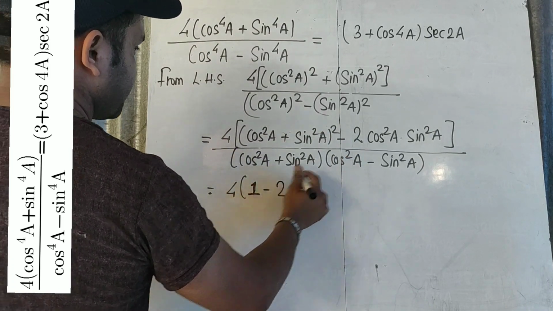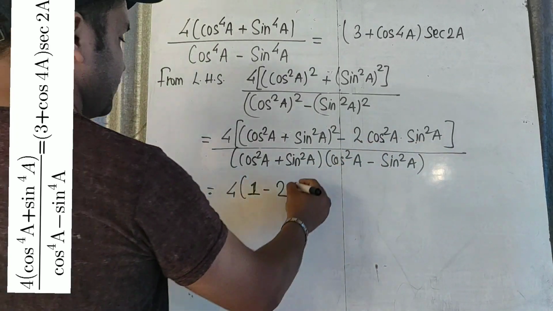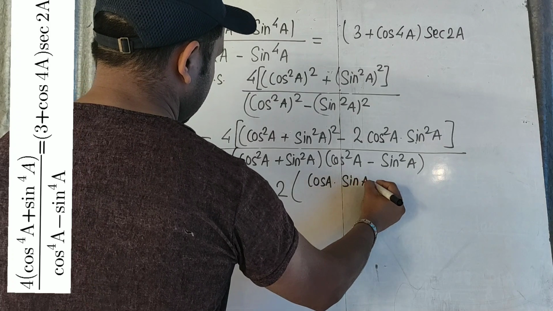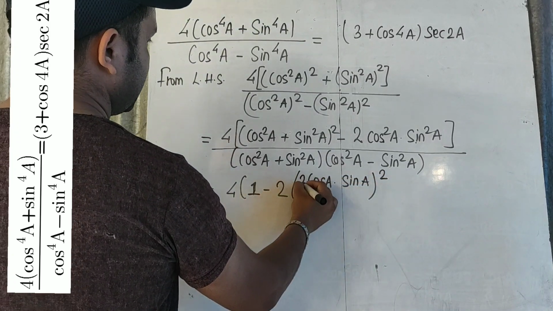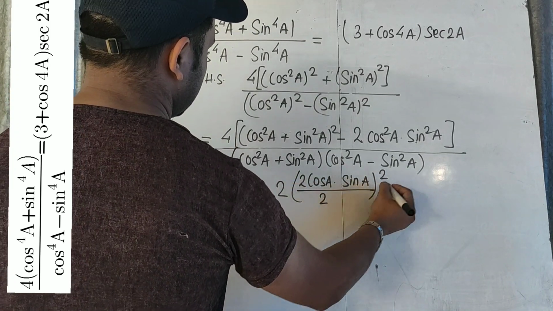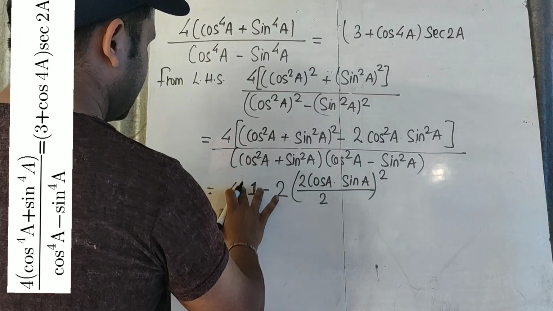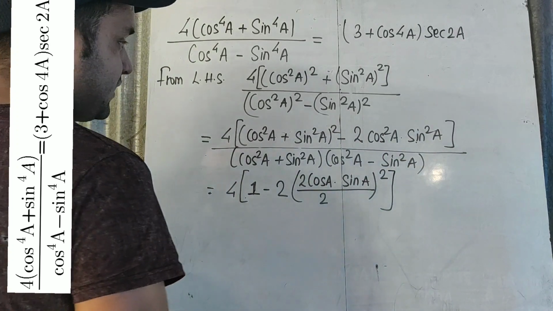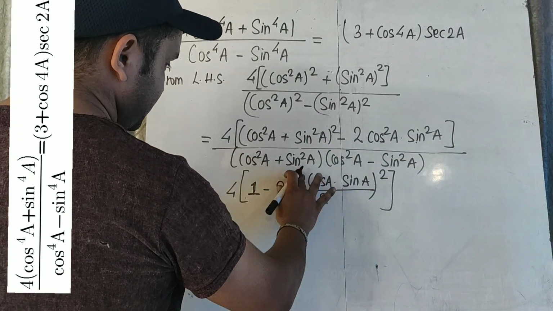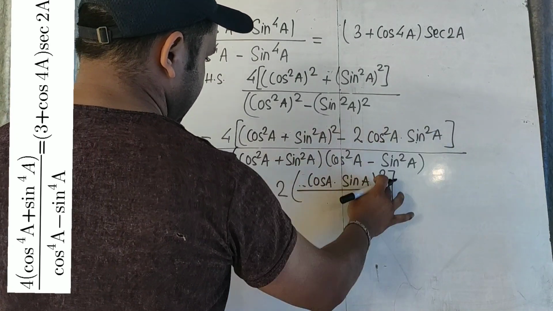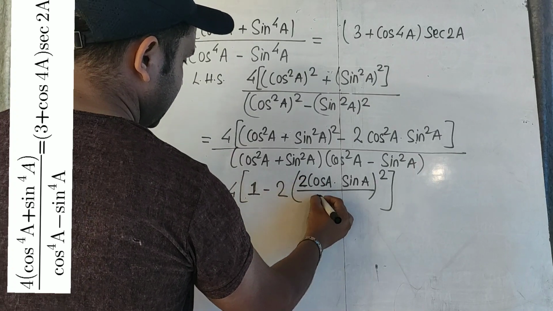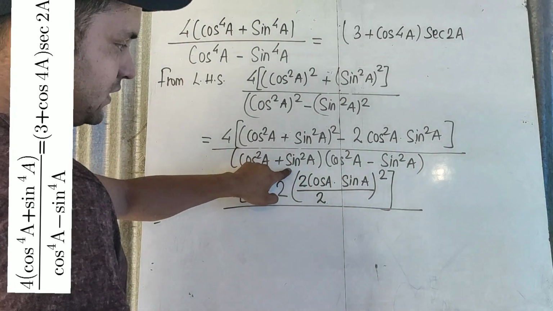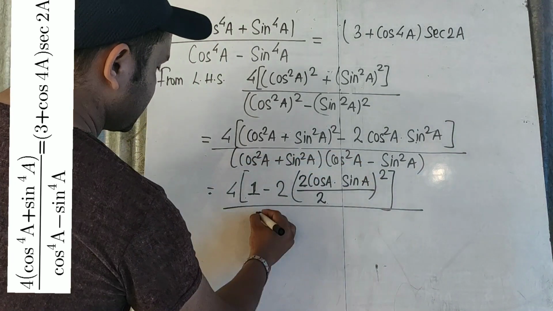Now here you have cos a and sin a together, so you can put it as cos a sin a whole square, and multiply numerator and denominator by 2. This was how we had learned it before. Cos a and sin a are together being multiplied, so cos a sin a first. You have the square, so whole square. Now multiply numerator and denominator by 2. Okay, cos square plus sin square is 1. Cos square minus sin square is cos 2a.